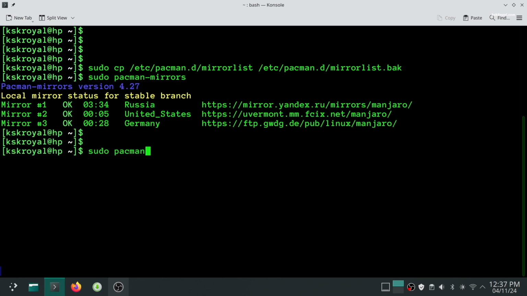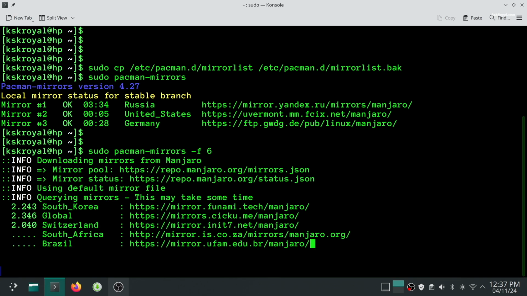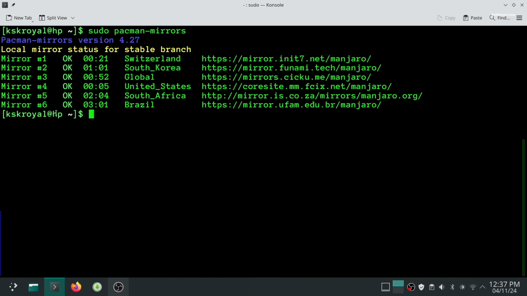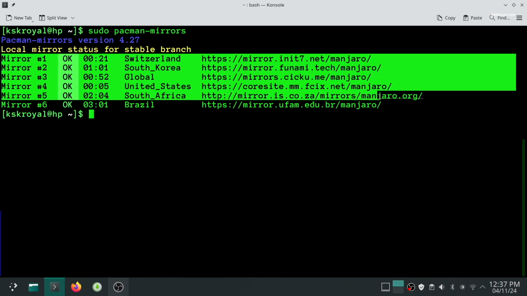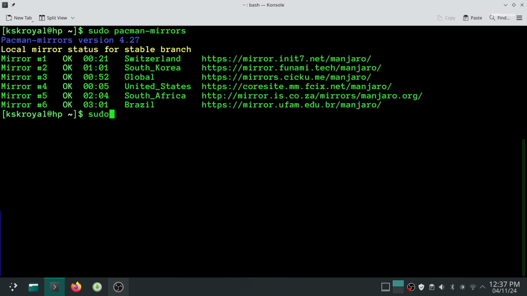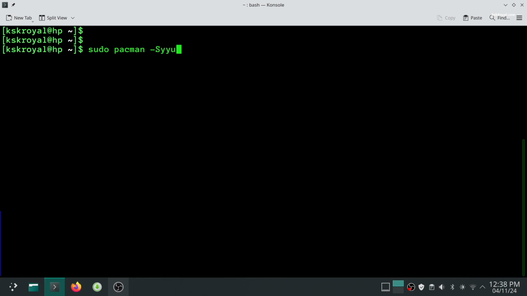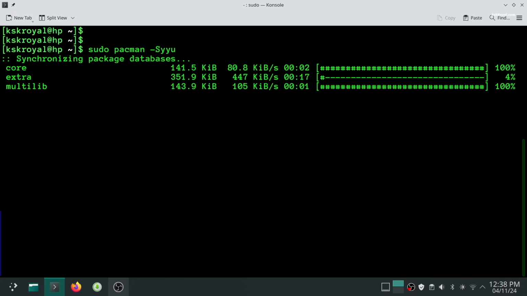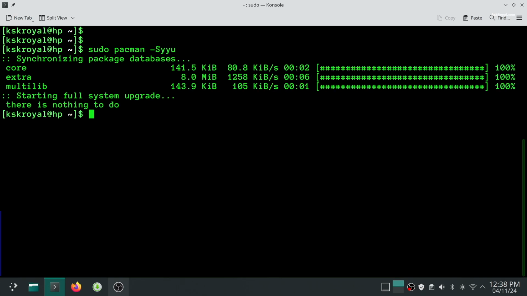Then find and update the top 6 fastest mirrors by running this command. After updating the mirror list, refresh your package database to ensure you're accessing the latest packages from the new mirrors.